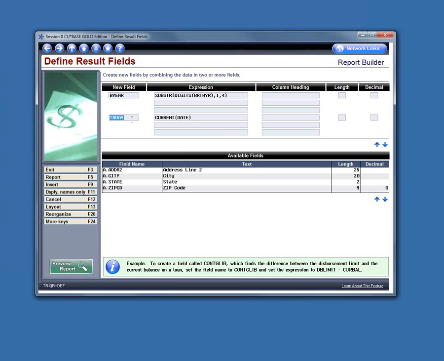Then in here we have today, which is the current date, and this is where we start to be able to do some math. So if you're trying to find all of your members over the age of 18, we can take today's date minus their date of birth. Now today's date is set up like we have here with birth month, birthday, birth year. However, we've taken the fields that we created above, B month, B day, and B year,